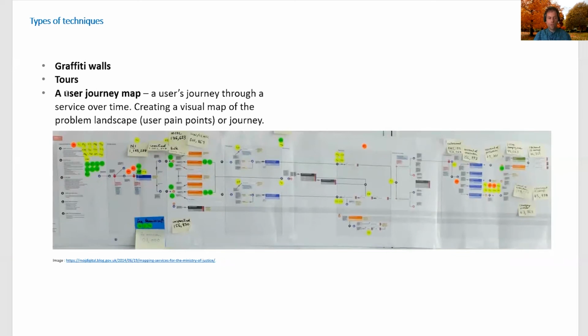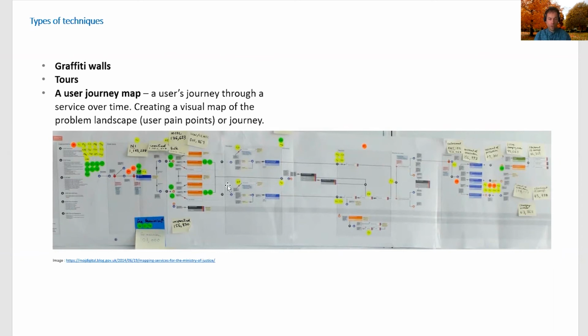I call it the holy grail. That is user journey map. As you can see here in the photograph, this is a journey, the user journey through a service over time. So you create a visual map of the problem landscape. Sometimes it is called pain points. Have you heard about this term? Pain points, user pain points, the point where they are stuck. So the problem landscape or just the journey.